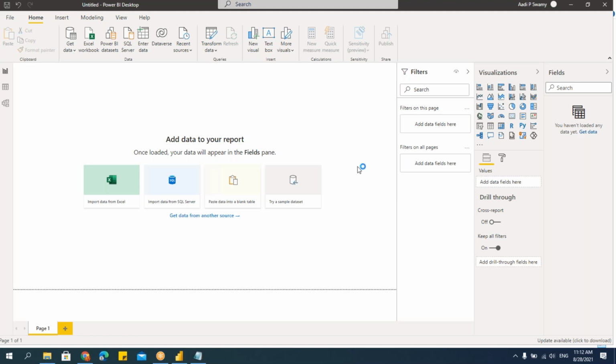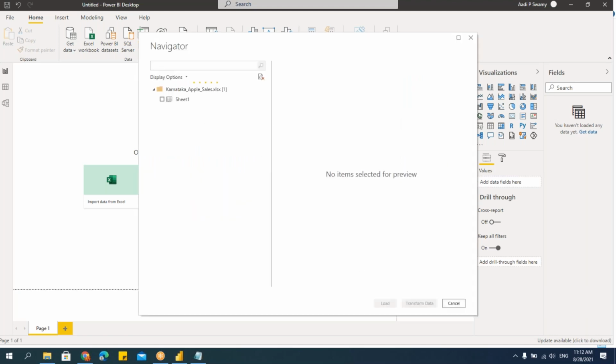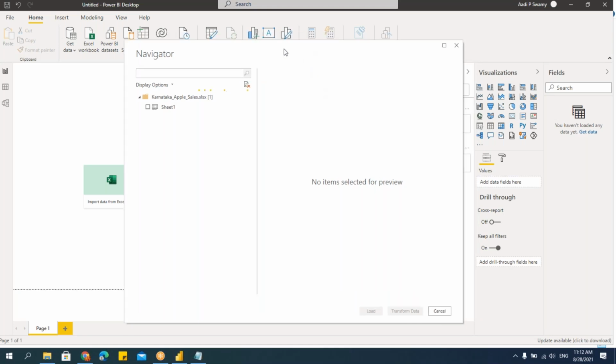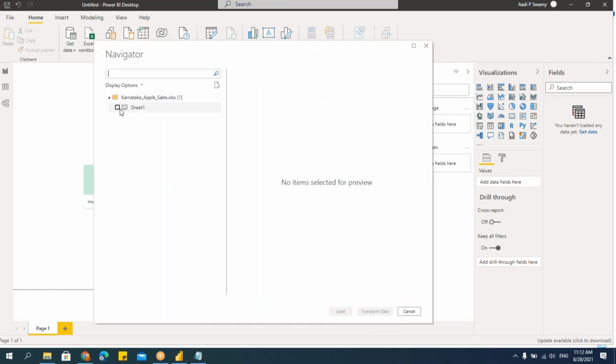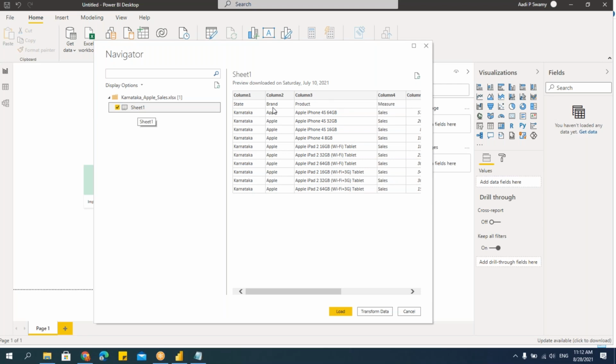Now when I say connect, it will try to connect and it will give me the file name and the sheets or a sheet available in that Excel. Each sheet is considered as a table here. Each sheet will be considered as a table. Now I'll go and select this sheet, Sheet1, which was there. You can see that I'll get the preview here.